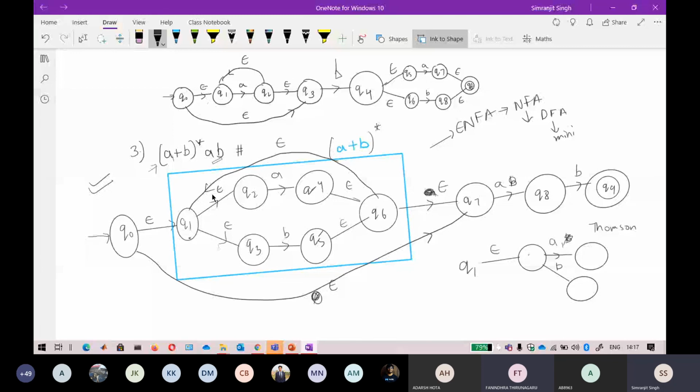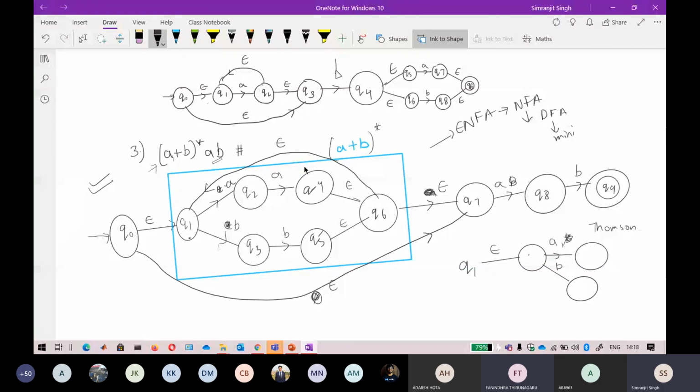You are saying like this: write A here and remove this epsilon. Yes, sir. And Q2, Q3 also will be removed so that we will get a much smaller one.